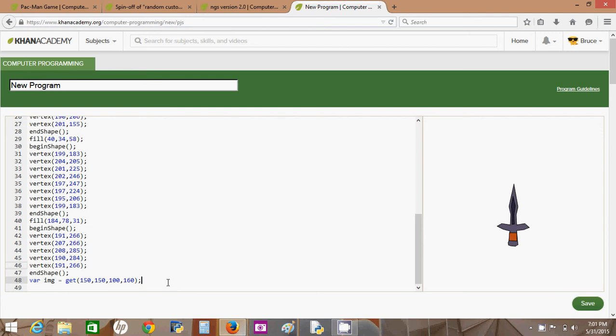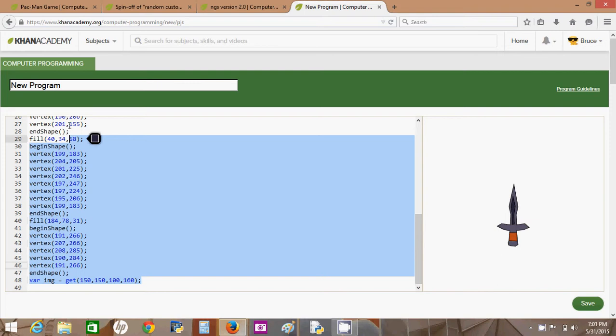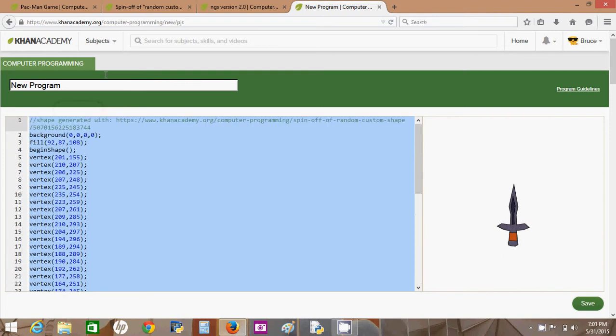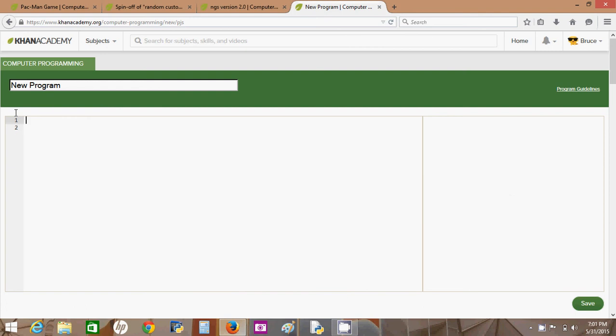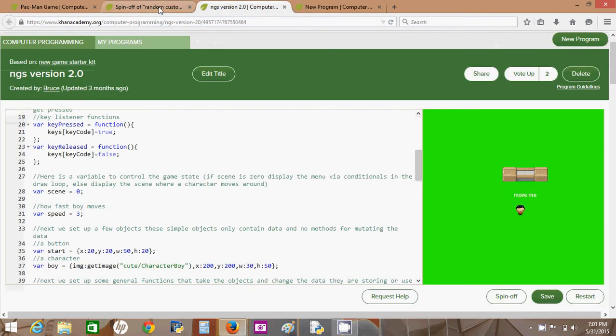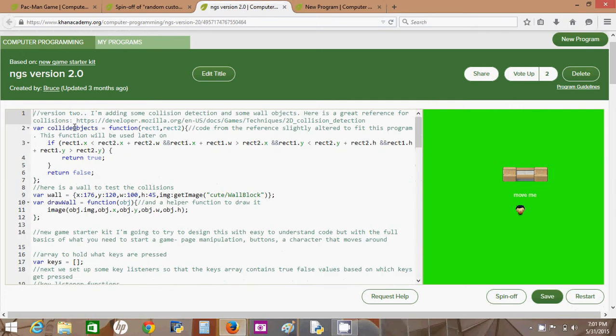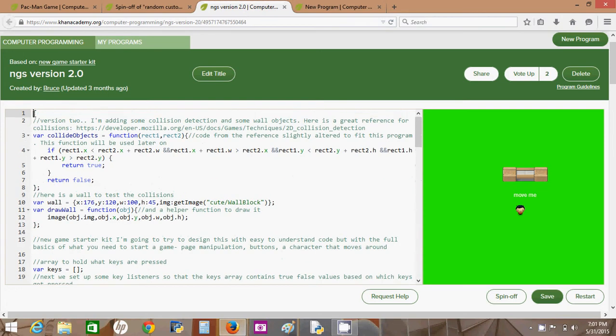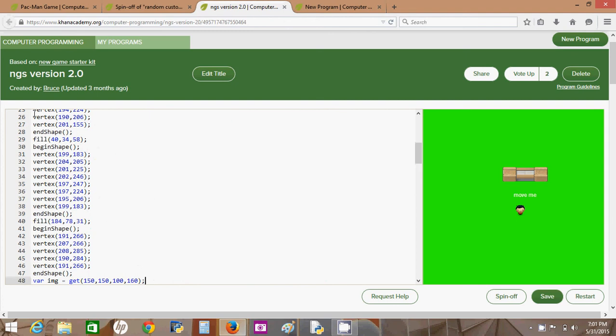Everything that you draw here is eventually going to get covered up by your program. You just need pretty much what your shape generator spits out. And then you just take that and you paste it into the program, change the image name,